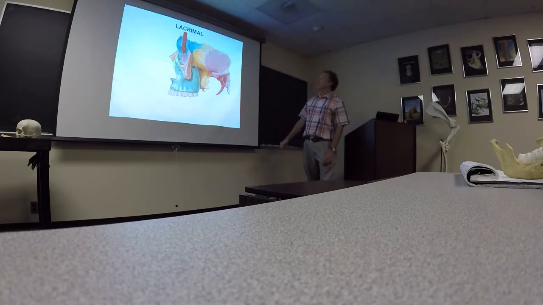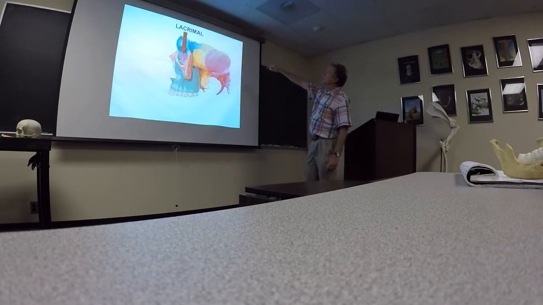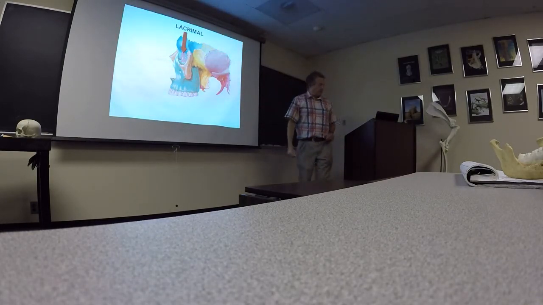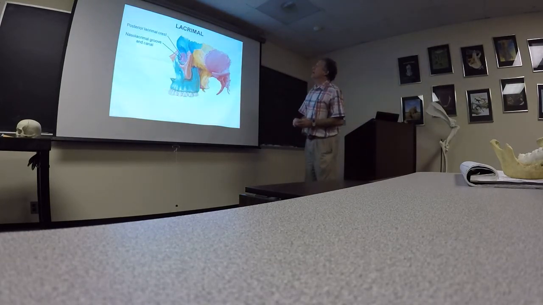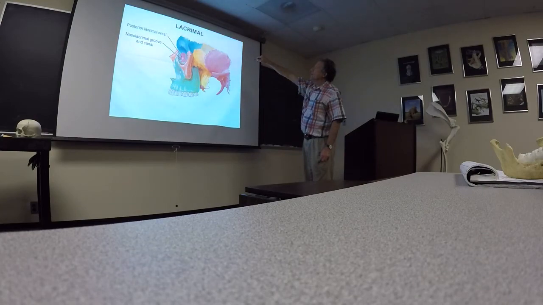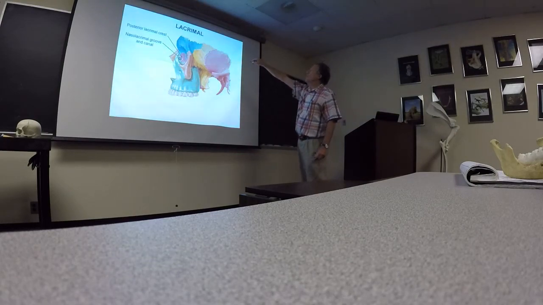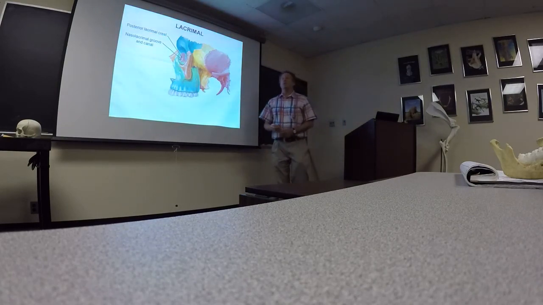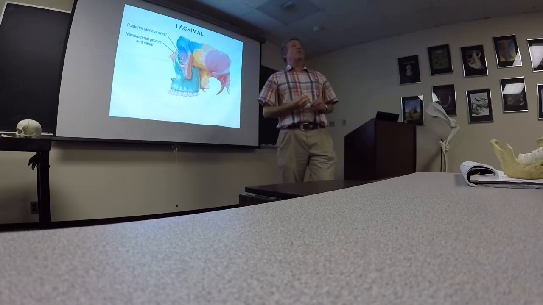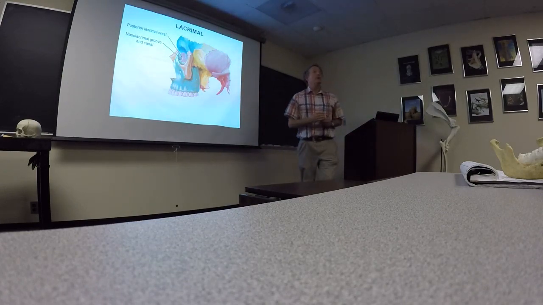Okay, so what we were talking about earlier. This is the little bitty lacrimal bone that lies in the medial border. This is the orbit out here, so right in the medial margin of the orbit is the lacrimal bone. And it has parts, no surprise. There's an opening down in here called the nasolacrimal groove, and a tube that goes from the medial portion of your orbit down into your nose. That's why when you're all upset at all the studying you have to do for anatomy and you're crying and crying, you have to blow your nose. Because tears